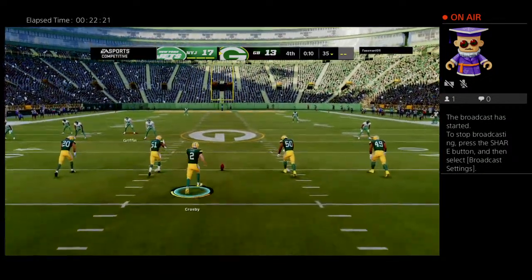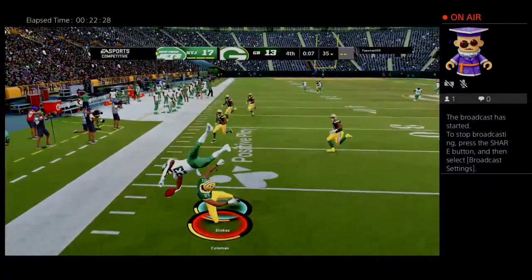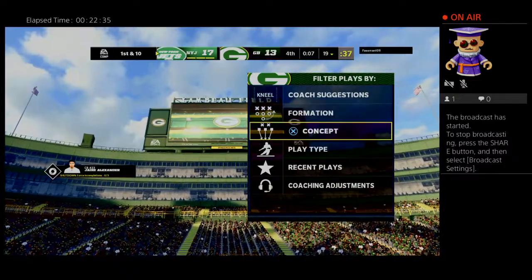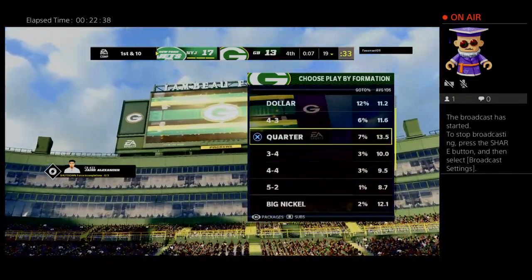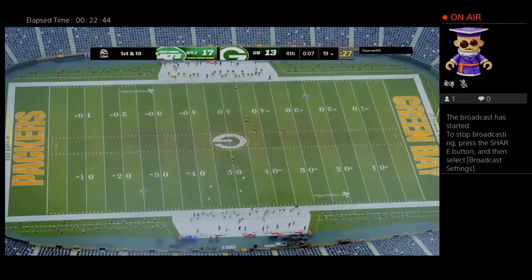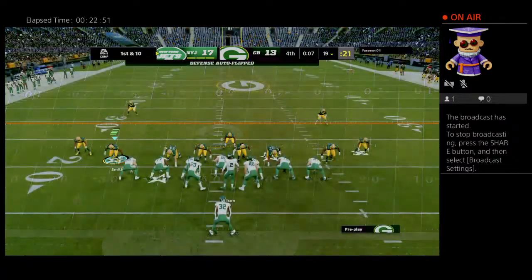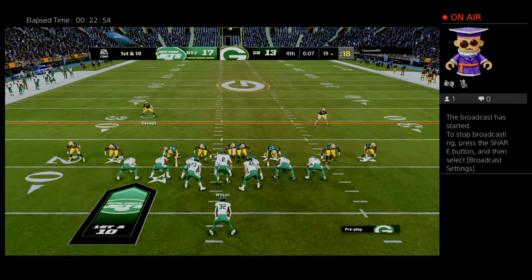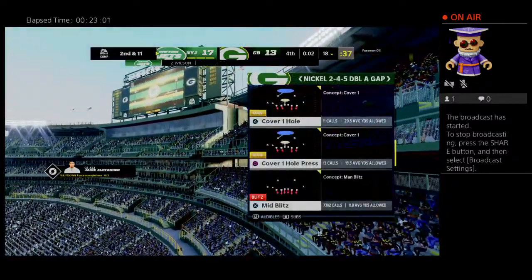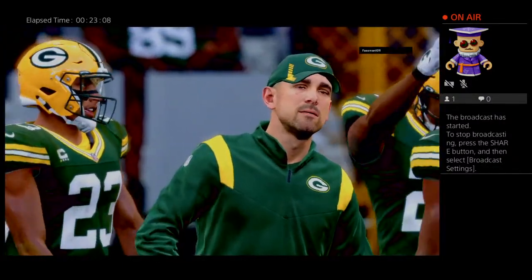Now after the touchdown, here's Crosby to kick it away. It's a squib kick fielded just inside the 20. The Jets, with victory seemingly in hand, they take a knee. So it's a victory here for the New York Jets, and never an easy thing to do, no matter how